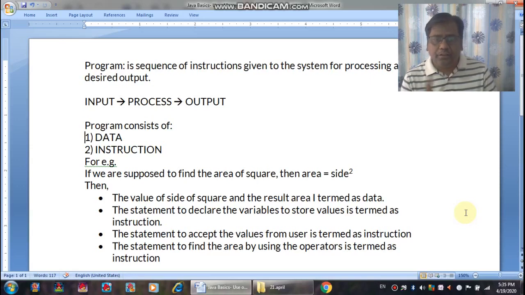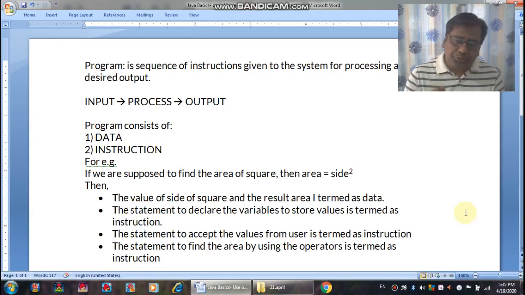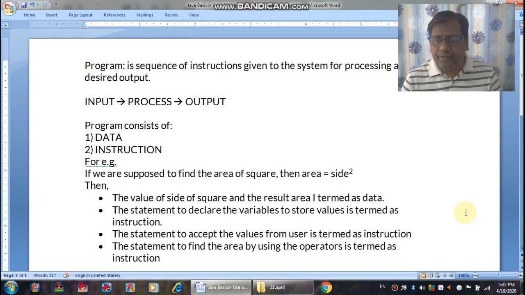A variable is required. When we talk about a variable, we should definitely know about the data type, the type of value that we store in the variable. Either a whole number or a point value or a single character or a set of characters or a logical value. That means we should also be aware of the data type, the type of data that we are going to store in a variable.